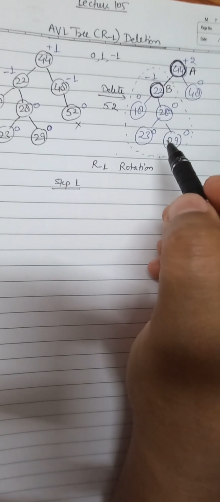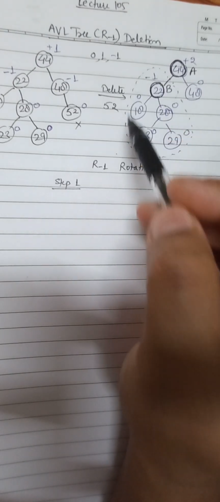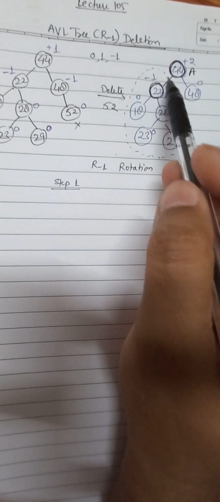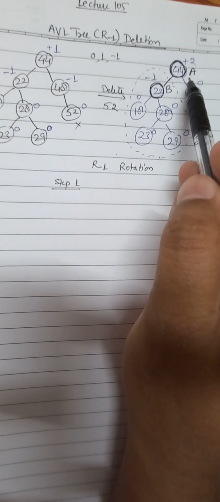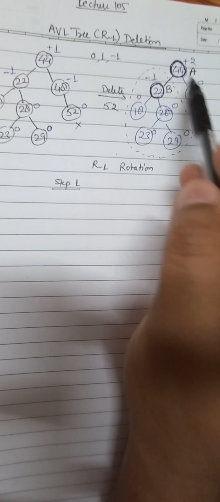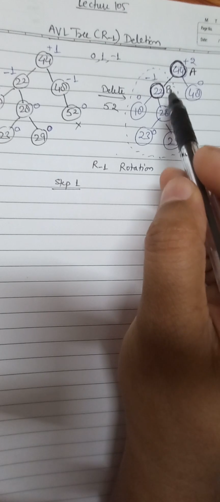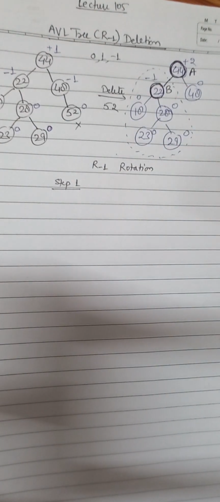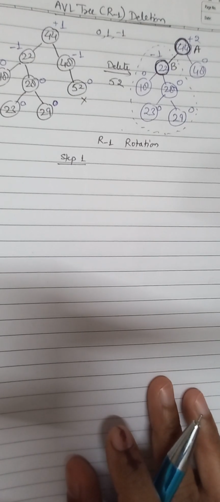Step 1, in step 1 what will we consider? We will consider only the sub part of the tree from where the B node gets started, only that part. The A node of the tree we will not touch. We will touch only the B node and that part only. So we will do the rotation for that part only. So how will we do the rotation? We will do the rotation in R-1